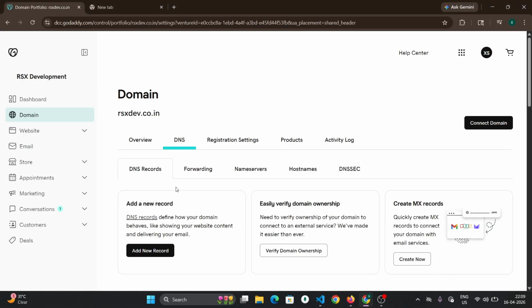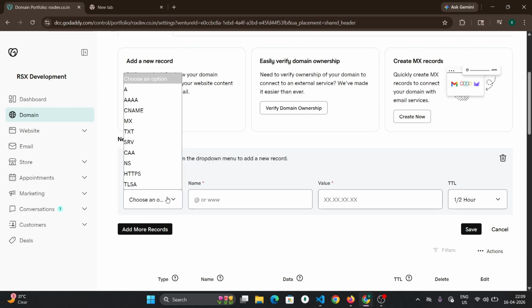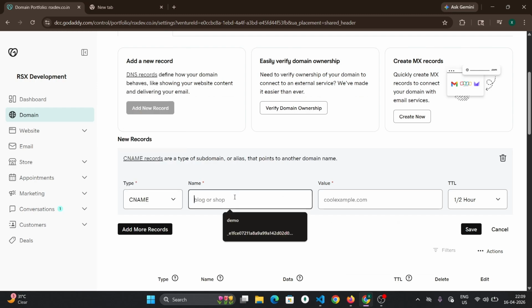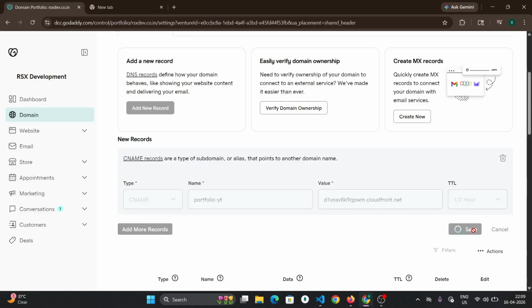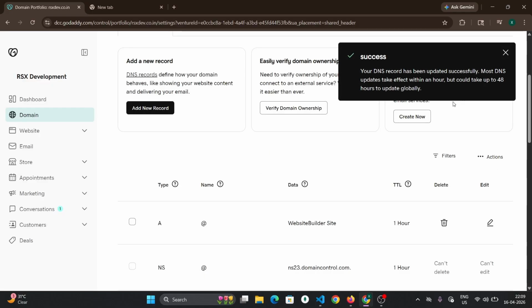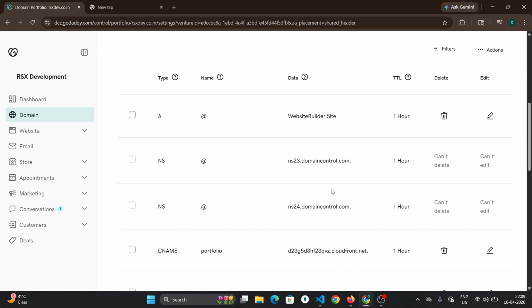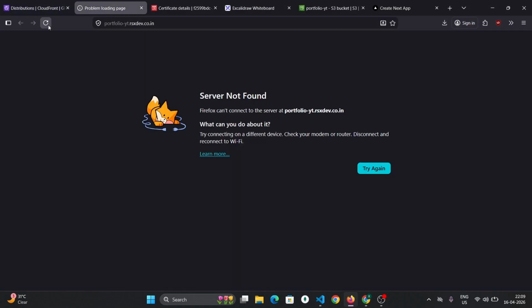So go to your domain name provider, click on DNS, add new record, type CNAME, add portfolio yt as the name you have added in your distribution. The value is this, your CloudFront URL. Click save. Your DNS record has been added. Now if I reload this after some time,